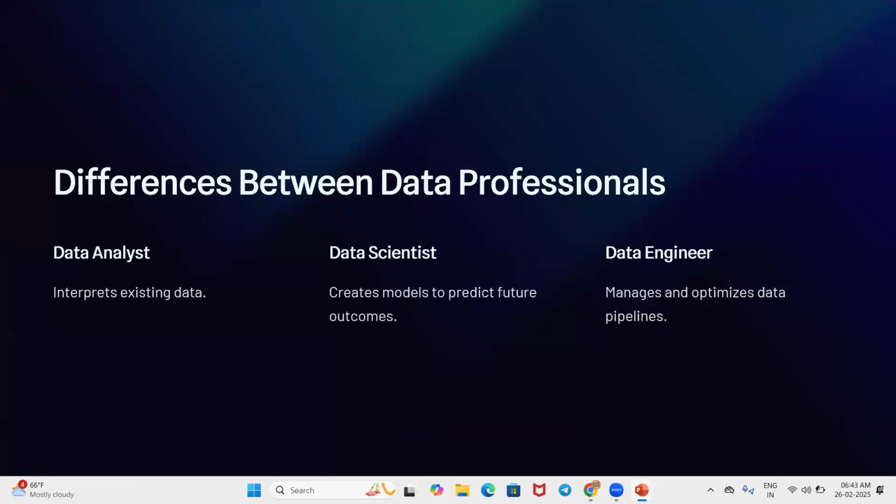We have to understand the difference between data analyst, data scientist, and data engineer. There are three domains with the data: data engineer, data scientist, and data analyst. When we come for a job opportunity in real time, out of 100, about 5% of opportunities will be there for data engineer, 5% for data scientist, and overall 80 to 85% of job opportunities will be for data analyst or business analyst. So here, what is the difference between data scientist, engineer, and analyst? We have to understand this.